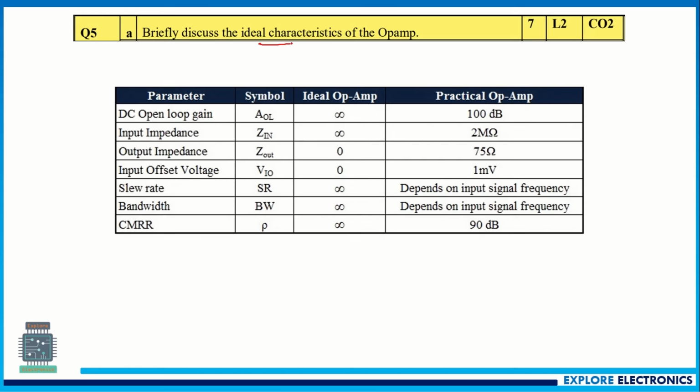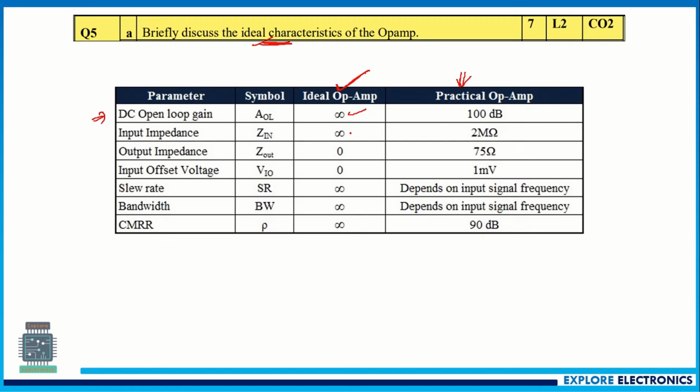Briefly discuss the ideal characteristics of op-amp. So these are the ideal characteristics of op-amp. Here I have given practical values also. In exam you may get a question like explain ideal characteristics and also the practical values of those. So here other than writing the table, you need to explain the output, the open loop gain is infinite and